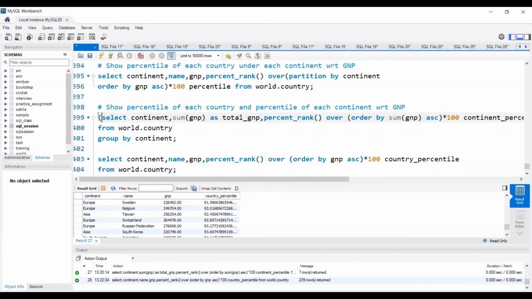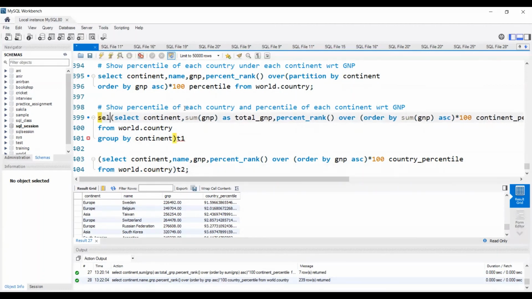So I will store the result of continent percentile in a temporary table called T1, and I will store the result of country percentile in a temporary table called T2, and I will join T1 and T2. So just remove this semicolon.